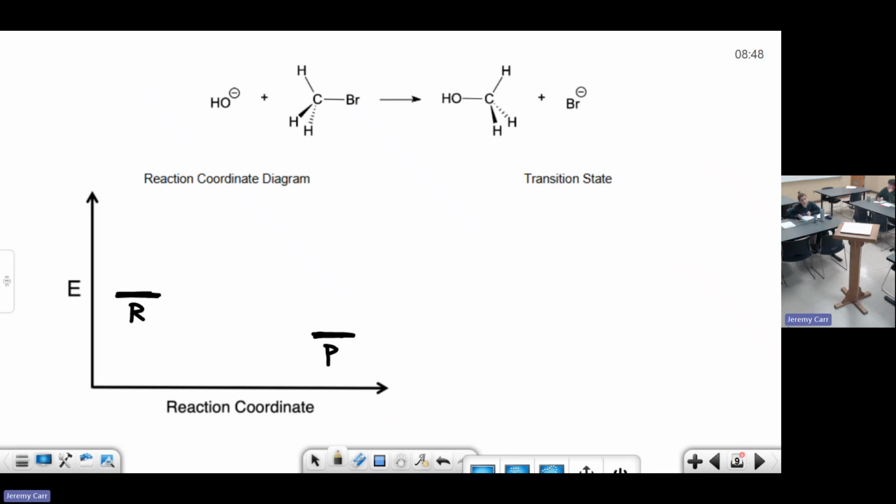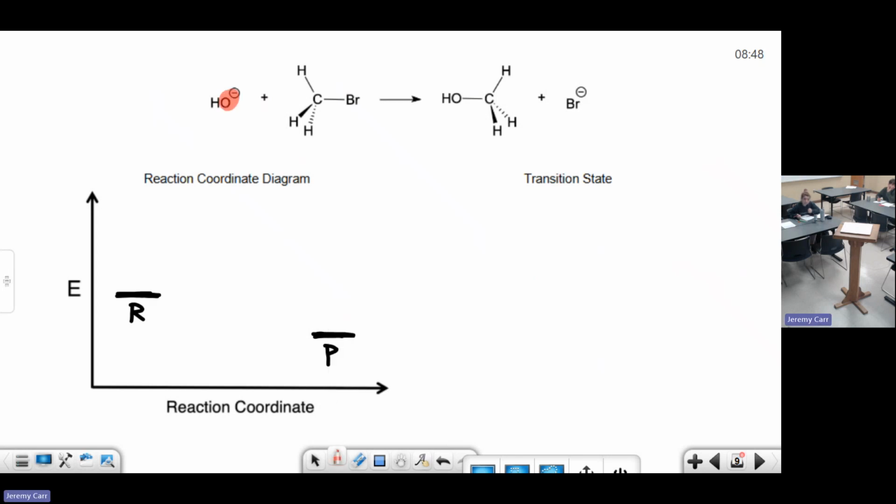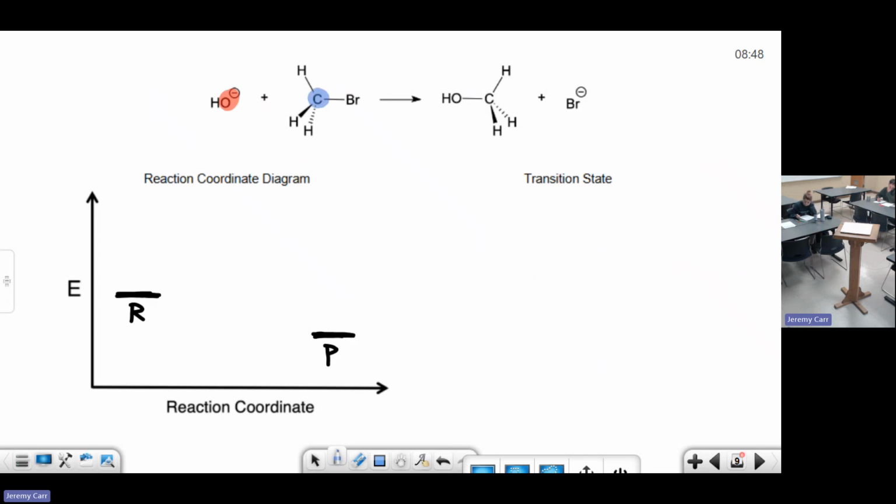As I take hydroxide and I start to push it into this carbon that's right here. Remember, we'll put the color scheme in. As I take this oxygen atom and it goes into the carbon atom right there, remember, the carbon atom is surrounded by electron density. Oxygen is inherently negative. So when I take two negatively charged things and I start to bring them together, even their electron clouds, what's going to happen to their energy initially?